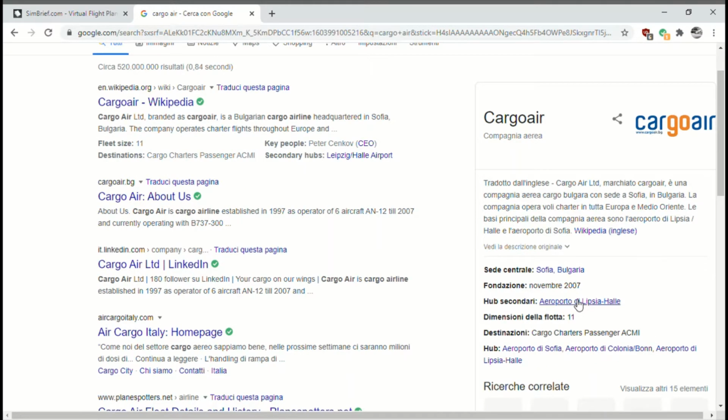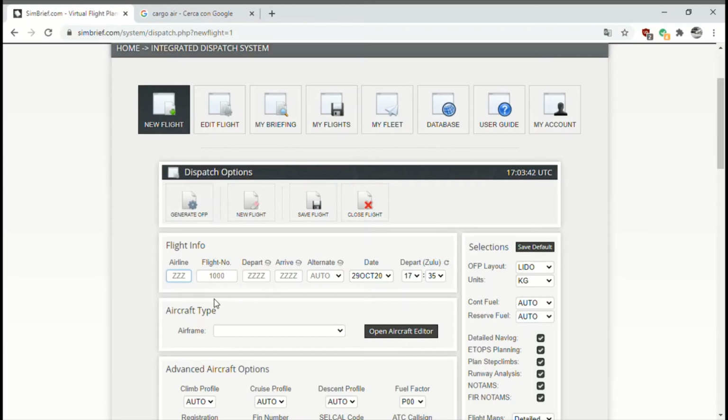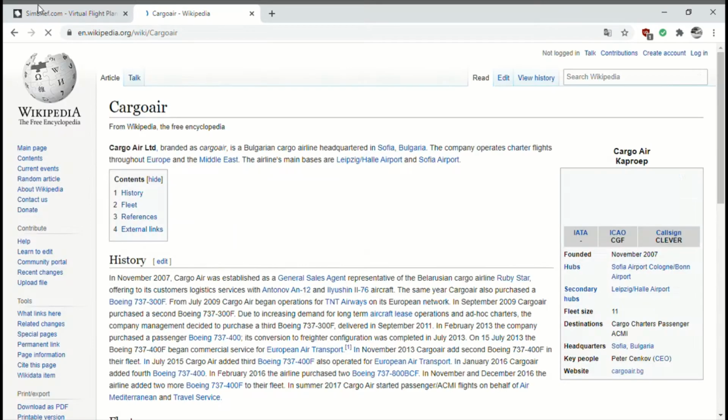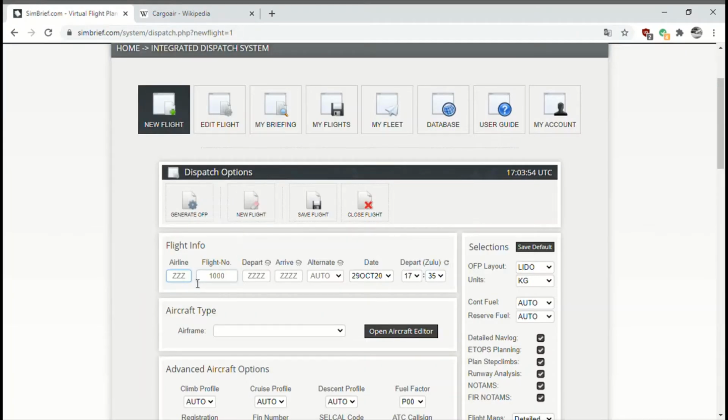Cargo Air is from Sofia, Bulgaria. So as you can see here, we need to put in the ICAO code for Cargo Air, so just for any airline, basically. So the ICAO is Charlie Golf Foxtrot,